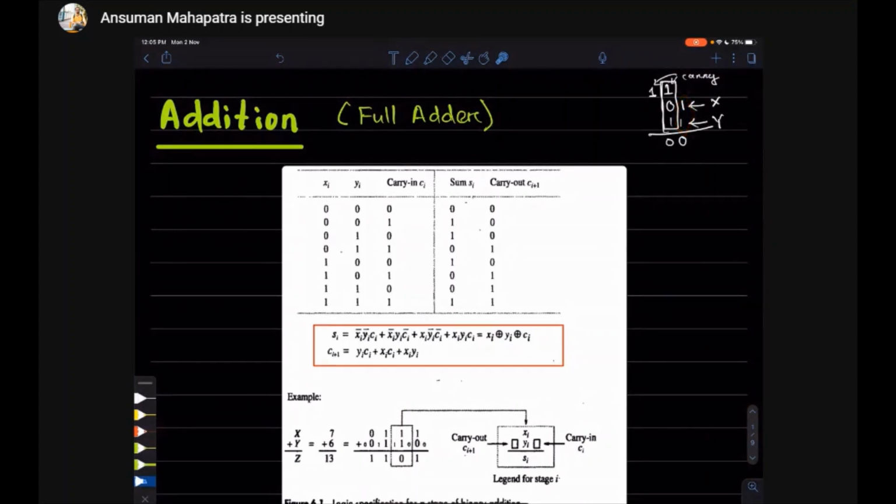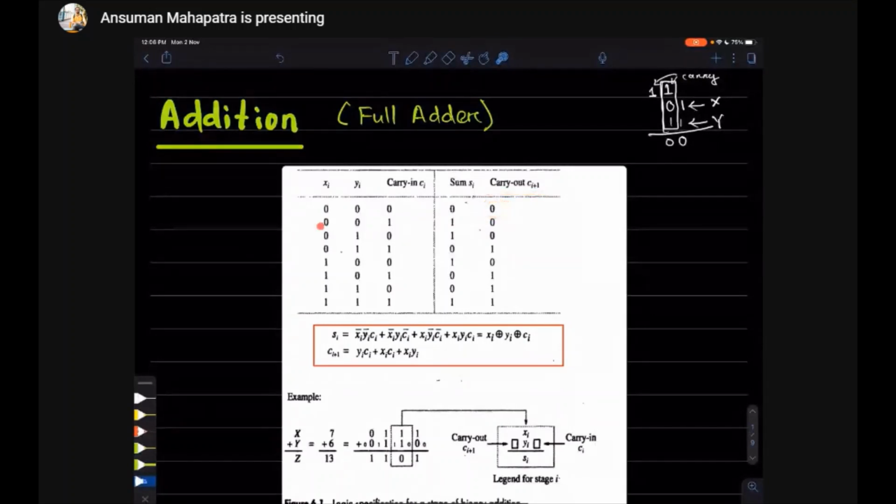That's why a truth table is given. If there are 3 inputs, you will get 8 different combinations of these 3 inputs. So what will be the sum and what carry will be generated? Whenever it is 0 0 0, the sum will obviously be 0, there will be no carry out.